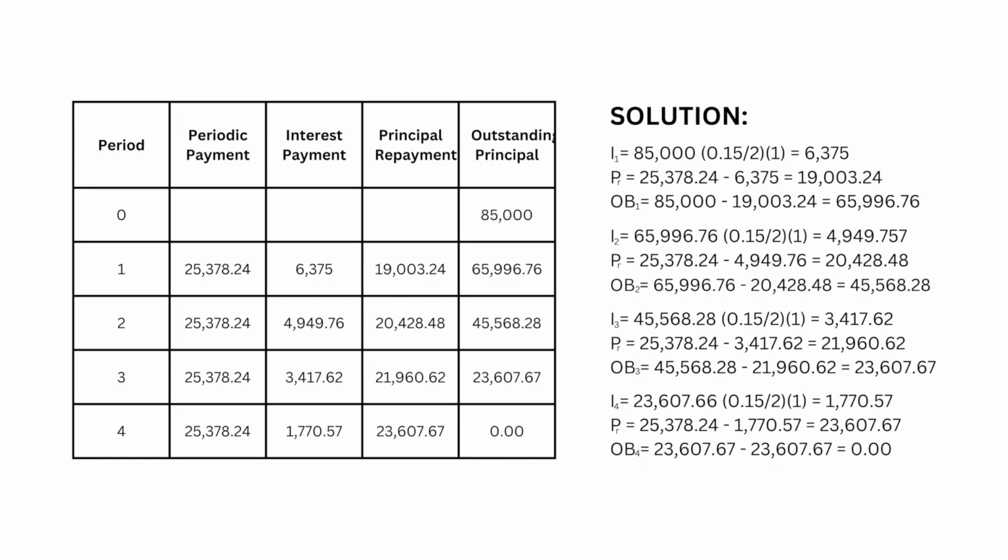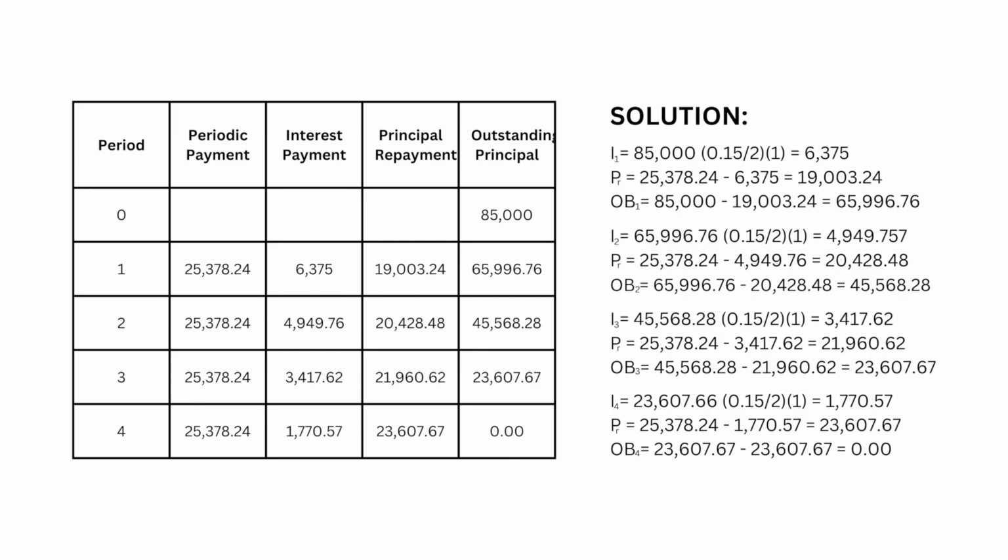45,568.28 minus 21,960.62 equals 23,607.67. This will be the fourth outstanding principal. Lastly, we will multiply this again by 0.15 over 2 times 1, which will result in the last interest payment amounting to